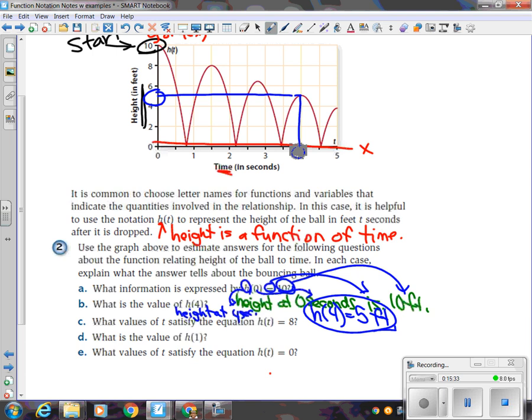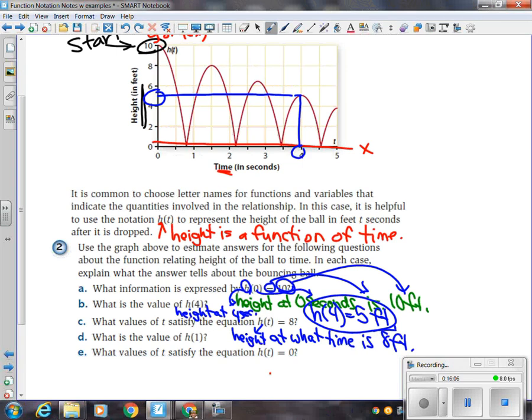Let's read this. What does H stand for? What word? Height. All right. T is not, there is not a number there. So height at what? At what time? What is equal usually replaced with a word? Is. And then what's 8? Is that a feet number or a time number? A feet number or a seconds number? Feet. Because that's on this axis, right?